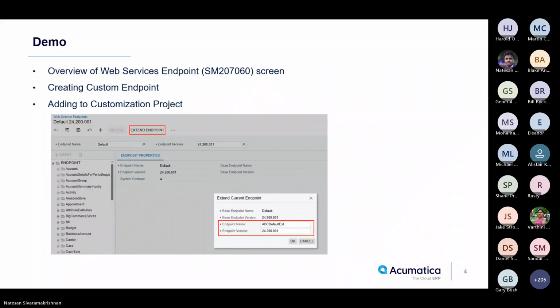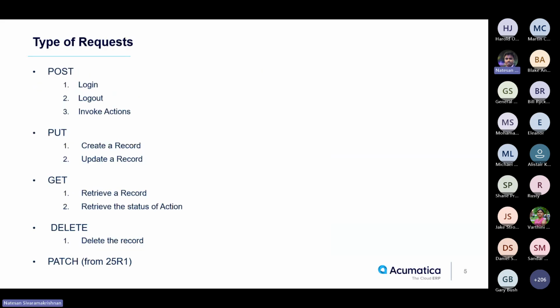So moving on, if we briefly talk about the type of requests supported by the Acumatica REST API, it supports most of the HTTP methods like post, put, get, delete, and also starting from 25R1, the patch method is supported in the Acumatica REST API. So we usually use the post method to perform the login, logout calls, and also invoke actions from a screen for a document,